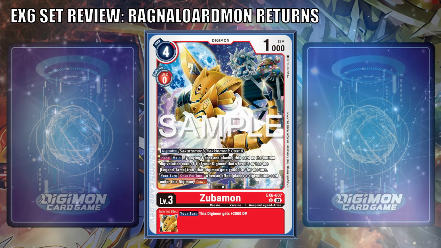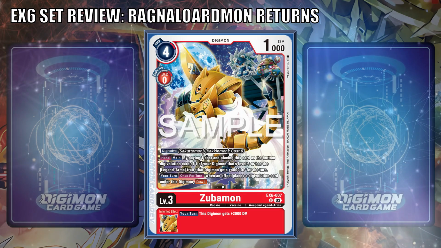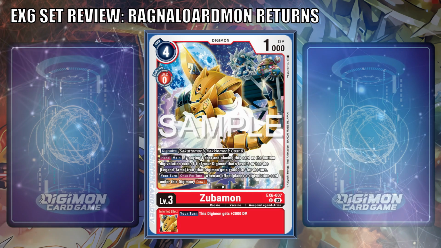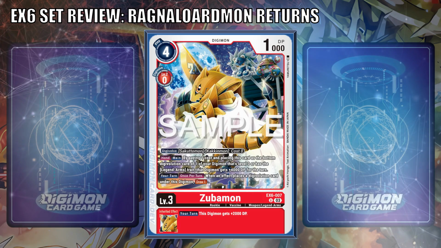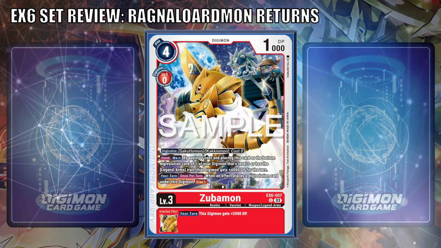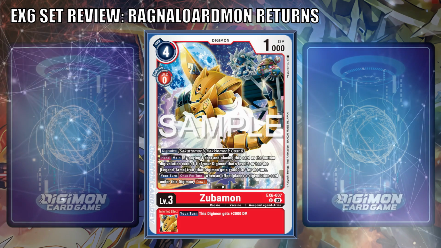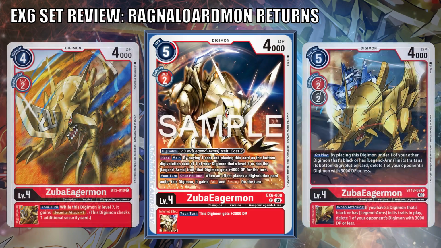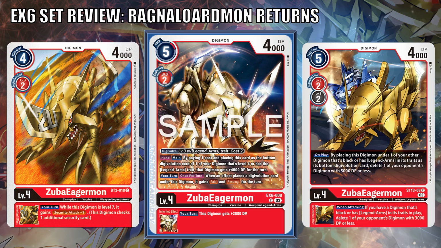Already, I'm loving Sakuttomon with this Digimon because glancing at every other Digimon on this list, they all have a hand main effect. This is hella exciting. Zubamon also has an inheritable of giving your Digimon plus 2000 DP on your turn. Simple and sweet. With Zubaeagermon, this Digimon has the same inheritable as Zubamon, and also an almost identical hand main